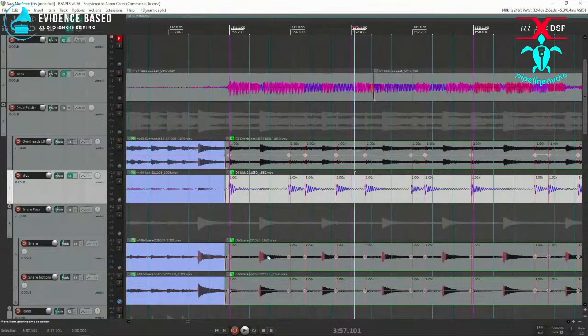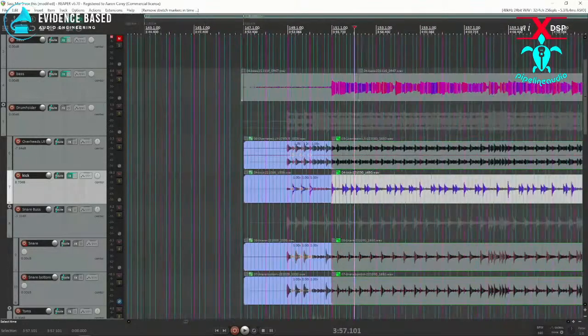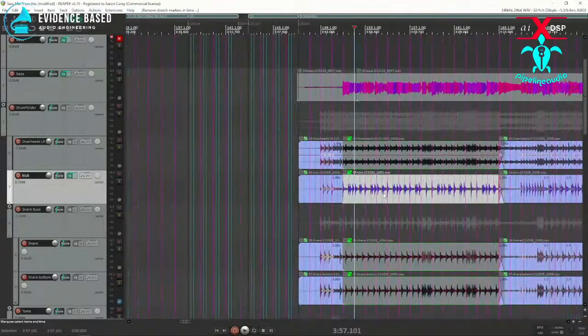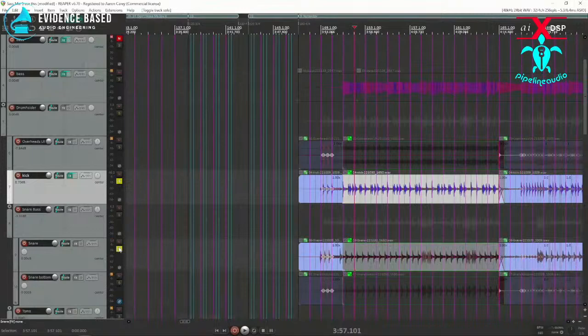So there's some tricks and some scripts in order to put it just on the snare track and copy them to the other tracks. But that can be kind of sketchy. There's some funny things that can happen. So one of the easier ways to me to do this is to take these two tracks right here, solo them, the kick and this snare right here, and I'm just gonna render